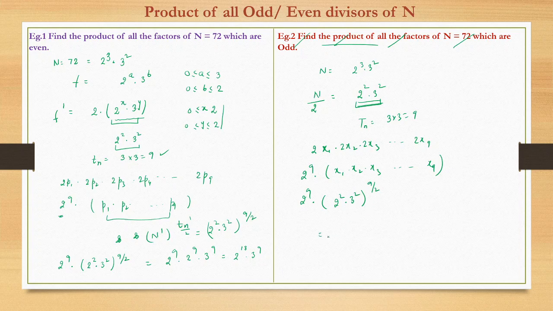So the same answer we would have got. I mean, this is also the same approach. Why are we dividing here by 2? This we can explain from this side, right? Another question, find the product of all factors of n which are odd, we'll see in a later slide.